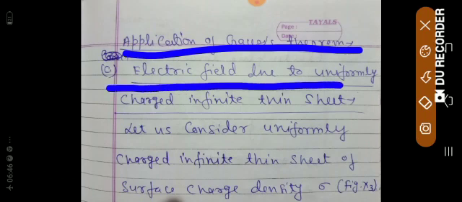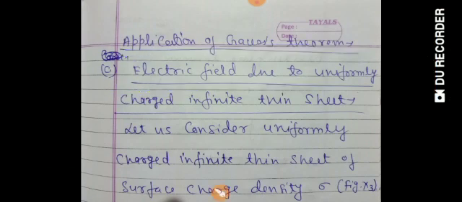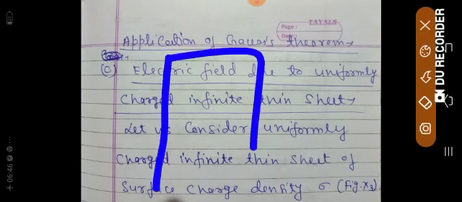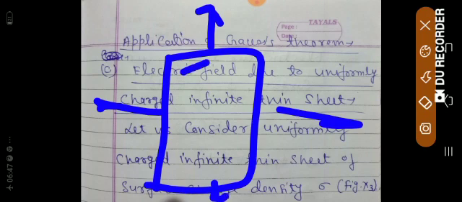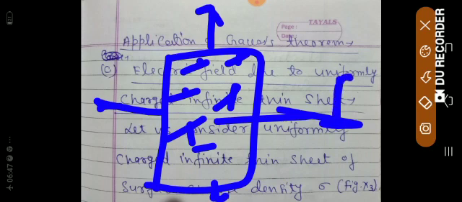Okay, what is an infinitely thin sheet? I am going to explain to you. This is your infinite sheet, but it is not possible to make an infinite sheet here. So suppose this is infinite everywhere, and I am taking a finite side. It is uniformly charged. Okay, and this is a point P where the electric field is to be determined. So I will take a Gaussian surface, I will explain later. So this is the infinite plane sheet.